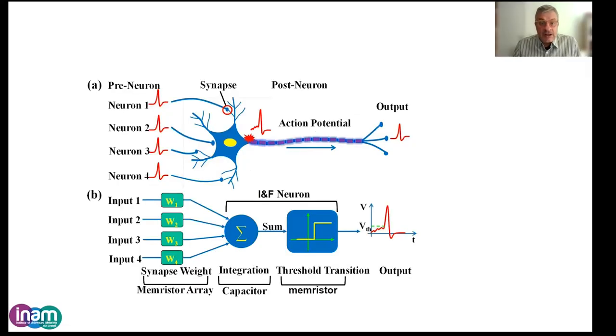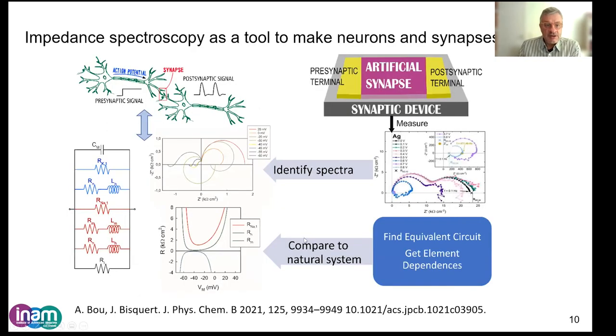Why do we want to do that now? There are many reasons to understand this type of systems more generally, but in particular, there is an interest to make artificial neurons, to make a biological type of computation. It's called neuromorphic computation, so that then we can try different material combinations and characterize them by impedance spectroscopy, so